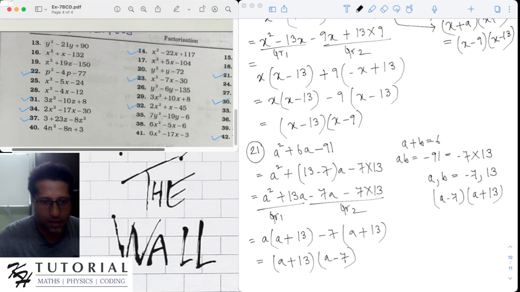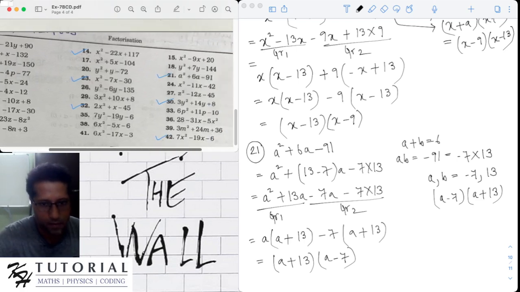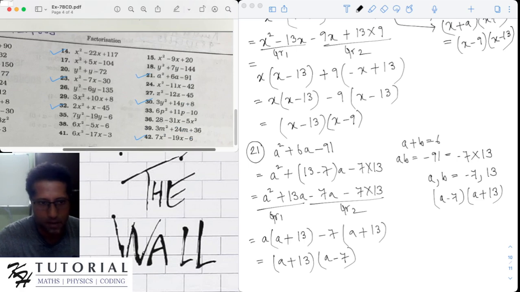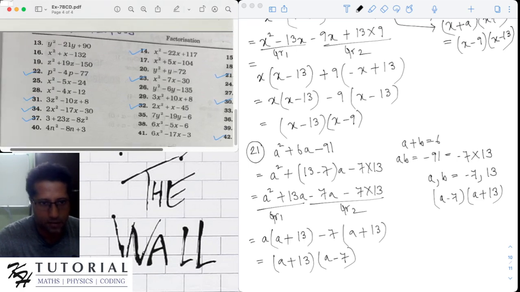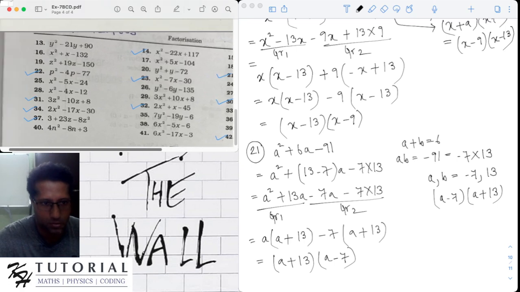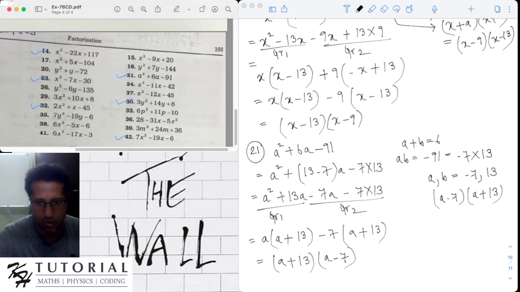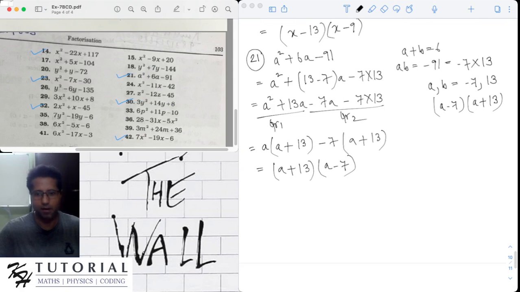So let's do the last problem. I will skip 20, 31, 32, 30, 31, 32, 34, 37. I think they are all the same. The concept is the same. I will wind up this video by just solving the last problem, that is 7x square